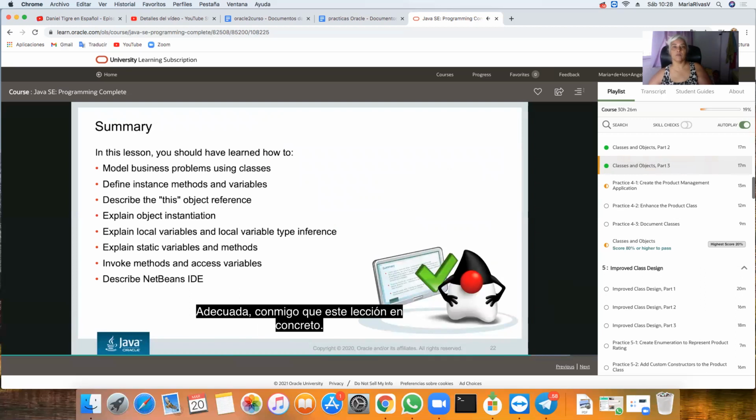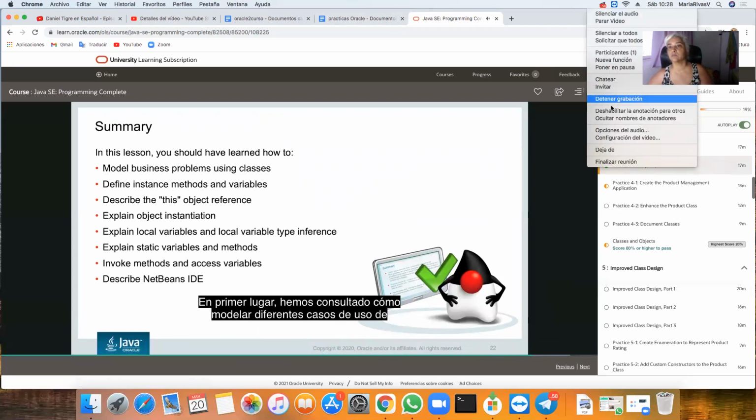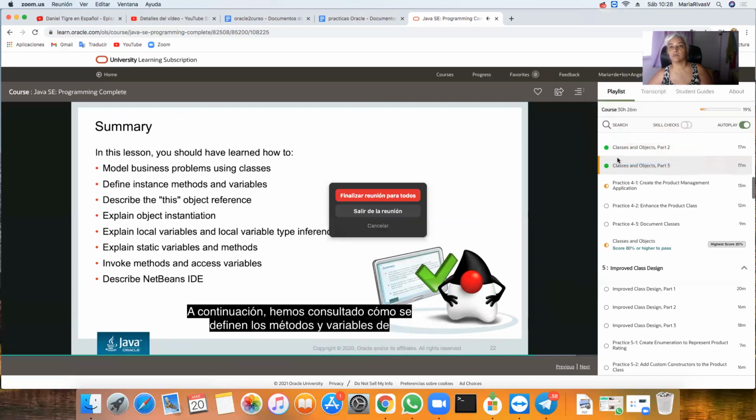Well, I guess that is it for this particular lesson. We looked first at how we model different business use cases. Then we looked at how we define